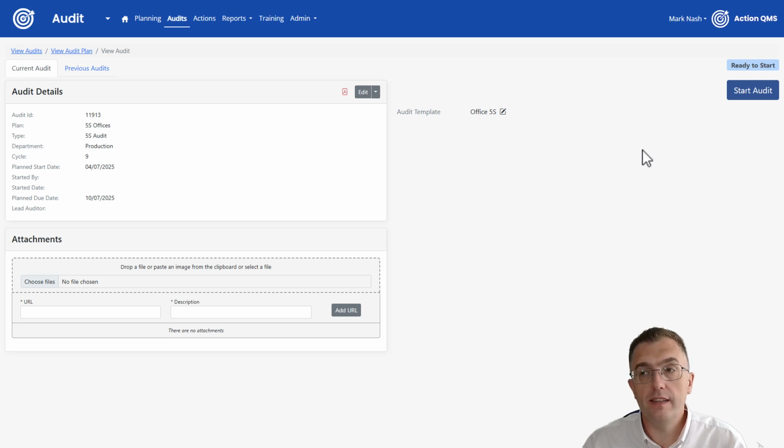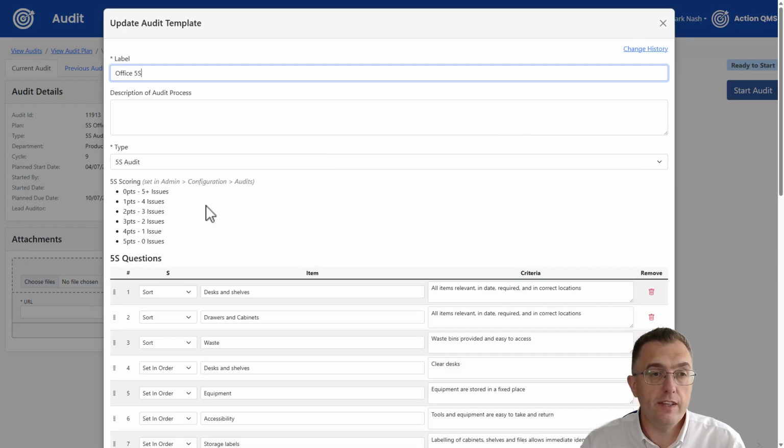So the 5S is a system for organising a productive workspace. This makes it more efficient for the business and for the users. And so there's differences between this and a standard audit. The first difference is that there's a scoring system, and I've seen it implemented in different ways in different